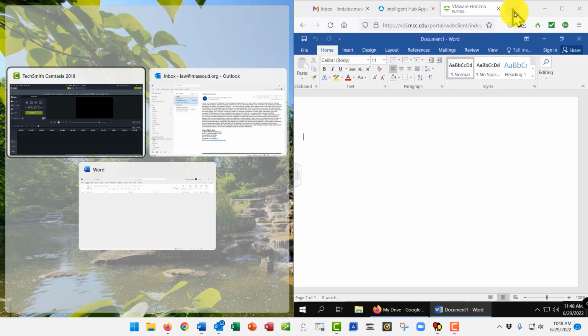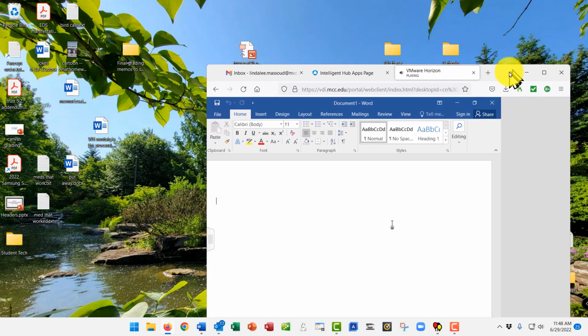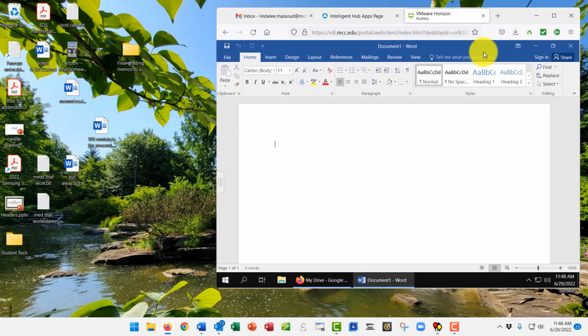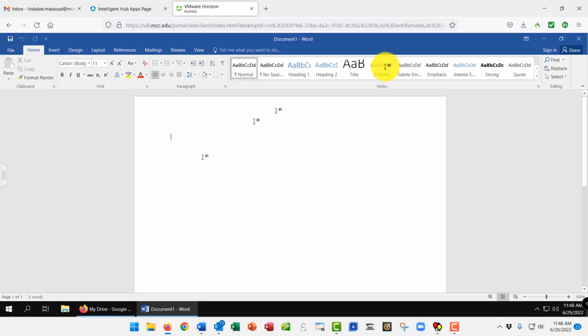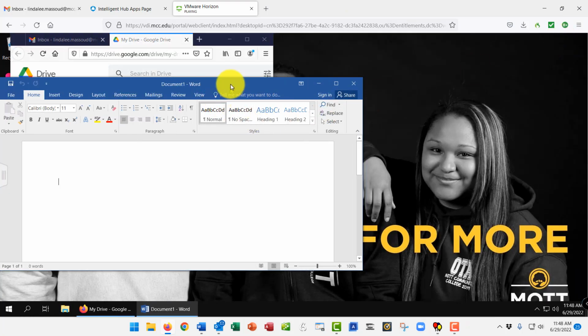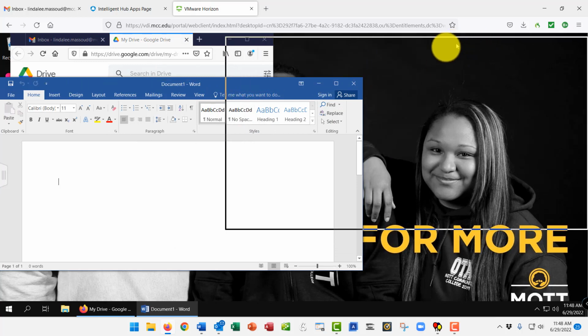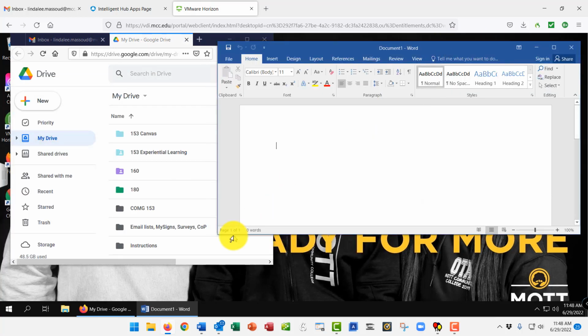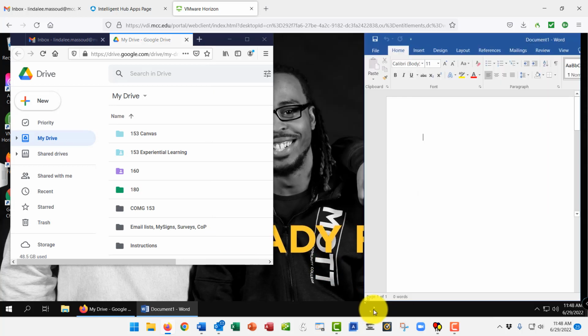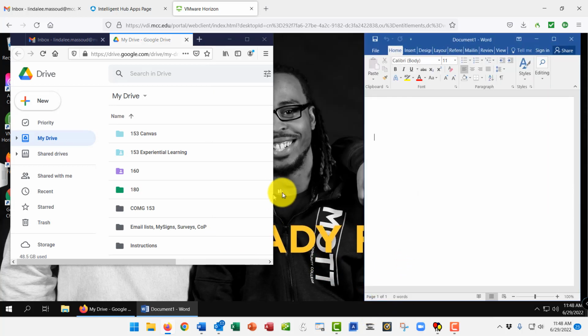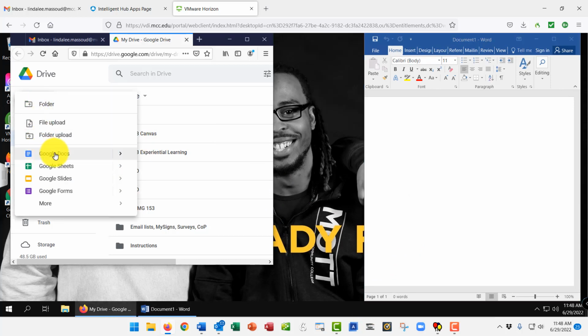See, but I can't park it using the control right and control left because I'm in the VDI. So let me reduce the size, and now we'll put that on the right hand side of my screen. So you can see now I have a Word document open on the VDI, and I'm now going to open a Google Doc on the VDI